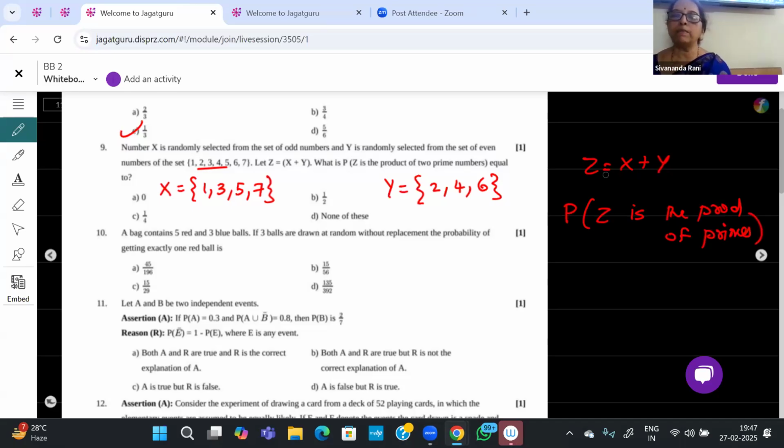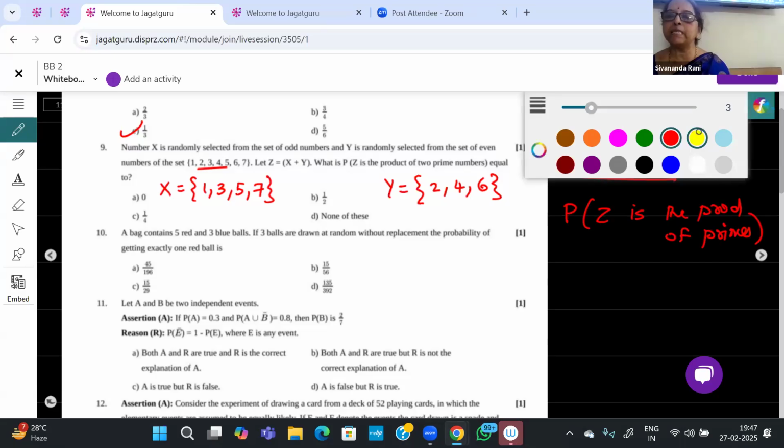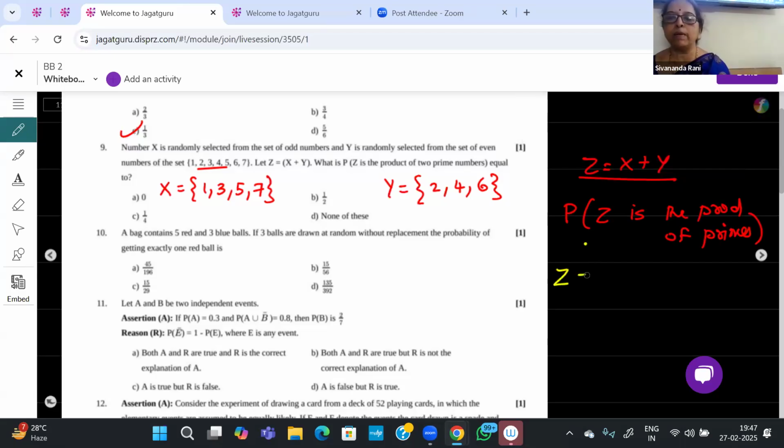Tell me, what are the possible values for Z? Z stands for X plus Y, right? It's a new variable depicting the sum of these. Therefore, I can have 1 plus 2, that is 3. I'm just thinking of all possibilities. And this 3 is, of course, is it a product of primes? Is 3 a product of primes? No. Okay, so what is the other possibility? Z can also be